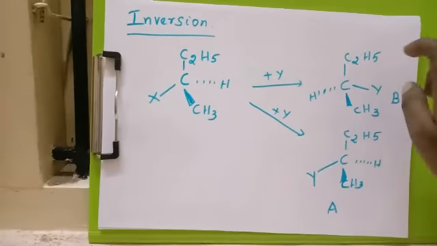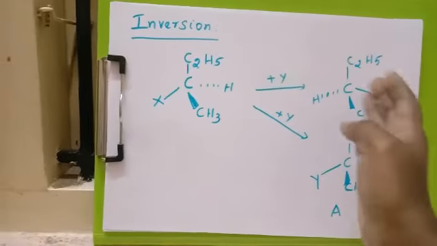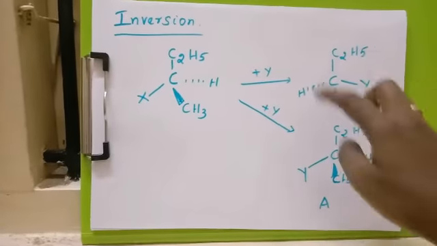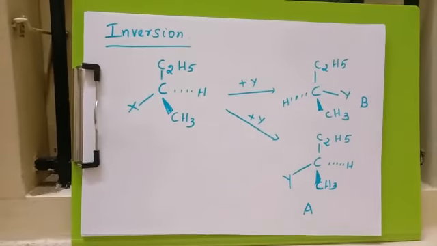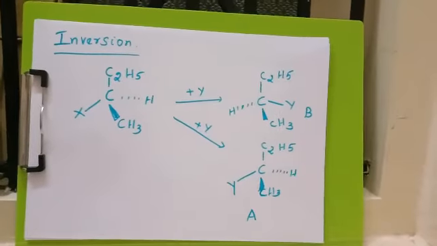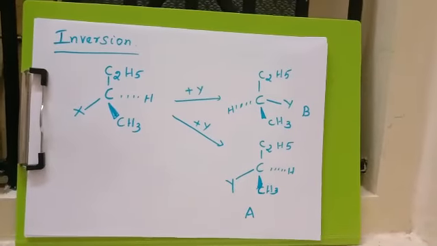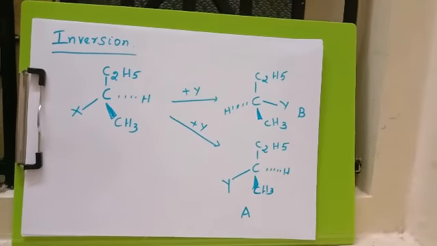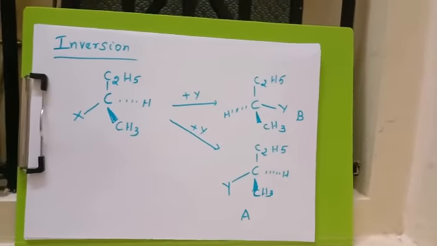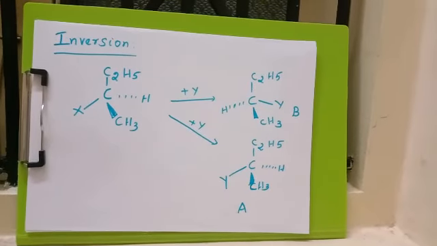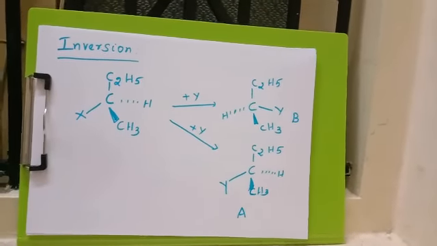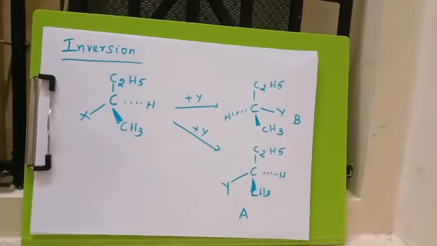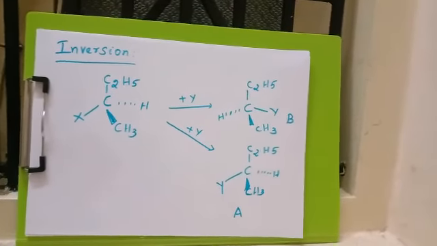But in the case of the B molecule, it is totally different. That is, the opposite side spatial arrangement takes place. So it is inversion of configuration. If we get an equimolar mixture of products, that is 50% A product, which is retention of configuration, and 50% inversion of configuration, then the mixture is known as racemization and the product is optically inactive.